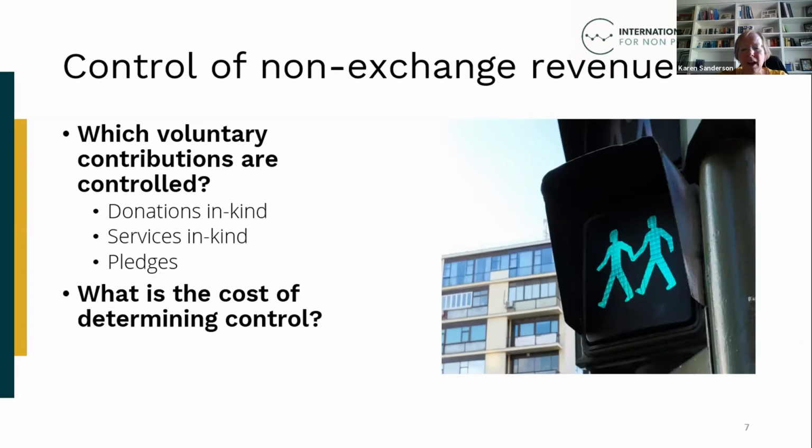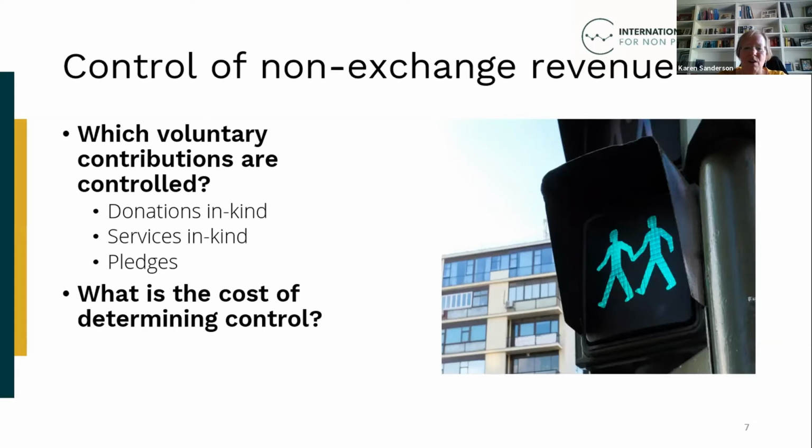For example, if an individual provides accountancy services to review an NPO's accounts, this is likely to be under the control of the NPO if they are scoping the work to be done and have records to support this. But if a group of individuals voluntarily decide to hold, say, a coffee morning to raise funds, the time of the people providing a service in kind by organising the event is not likely to be under the direction of the NPO and is less likely to be under the control of the NPO, and so less likely to be recorded.